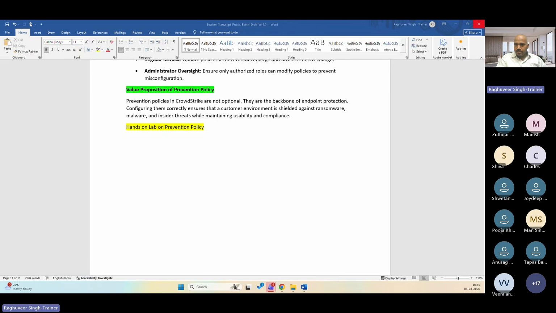Take some real-time use cases as well while creating policies? Yes, absolutely, guys. I've already talked about real-time use cases. Those real-time use cases are that if prevention policies are not there, none of the operations from your endpoint will be blocked by CrowdStrike. For example, on this laptop, I'm saying on this device, which is onboarded into CrowdStrike,